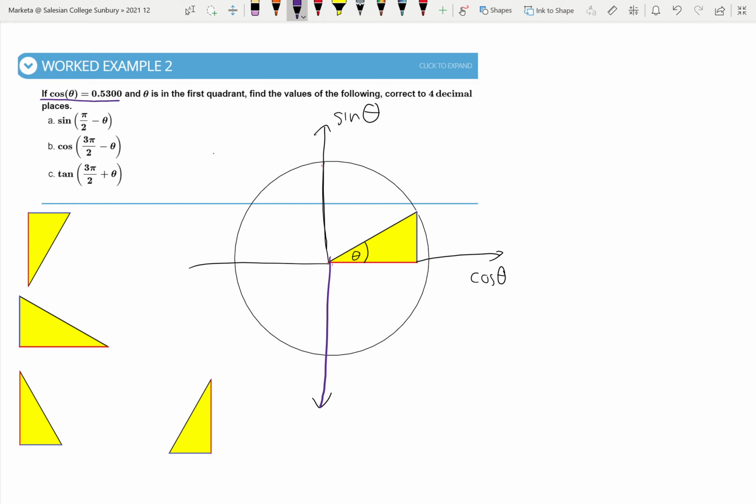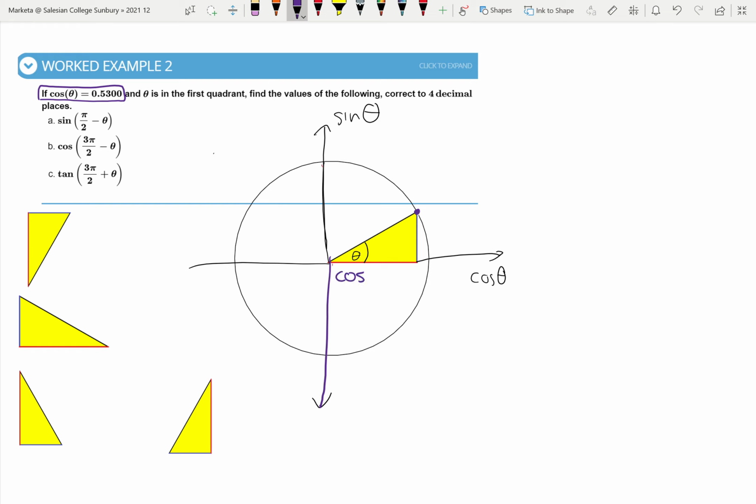The previous example we had two. We had one which had an alpha and a theta angle. So this time it's just theta, so we don't need to worry about choosing the correct one. So what I've done, I have drawn this situation. So here's my triangle in the unit circle, my right angled triangle,